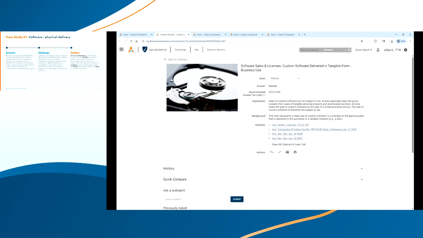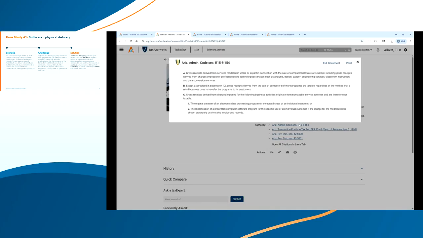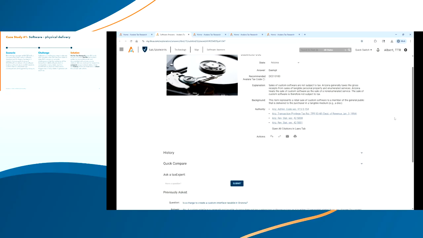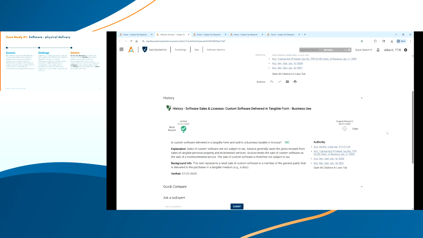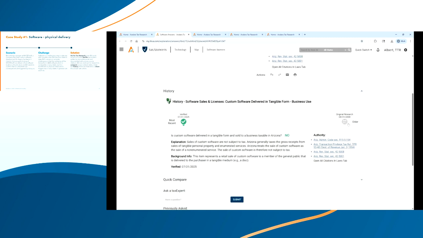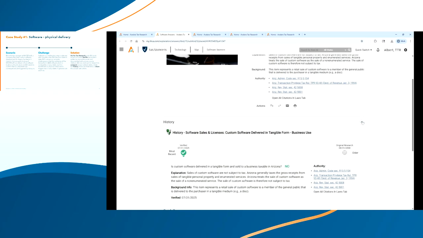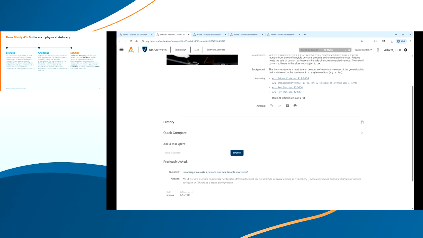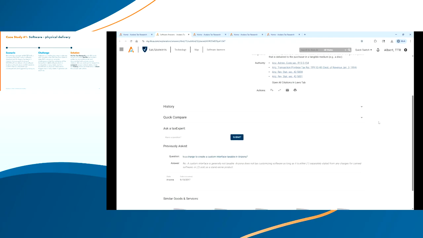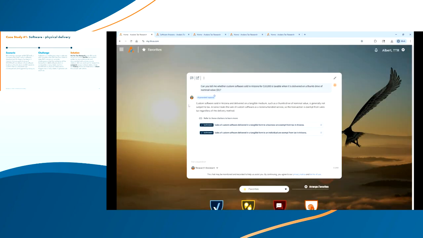So we've got some other things that we can look at when we're in this tax answer as well. You're always able to drill down. We've noted the specific authority sections that you may want to pull up. If you want to go all the way down to the primary source, you can. You can also take a look at the history and see, has this changed recently? The original research on this item was done in 2008. The taxability of it has not changed since then. So if we were in an audit, for example, we'd know whether this changed, because we're looking at the 2023 tax year. It hadn't.